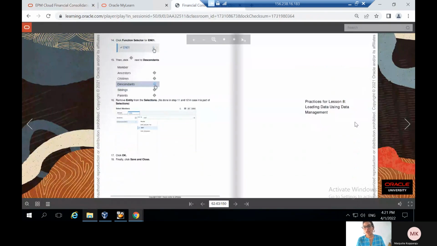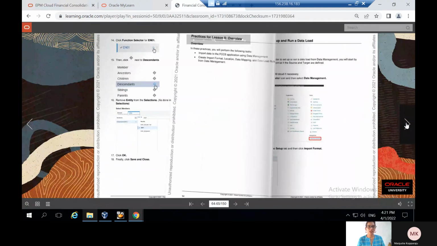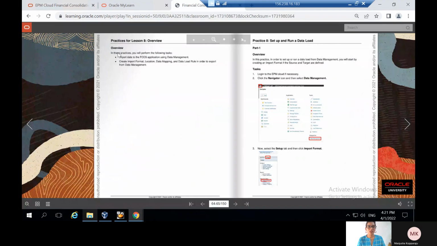Next, going to loading data using data management. I'm going to show you how to load the data using data management. For that, in this practice, you'll perform the following tasks: import data to the FCCS application using data management and create import format, location, data mapping, and data load rule in order to export the data management. So in this practice, in order to set up or run a data load from data